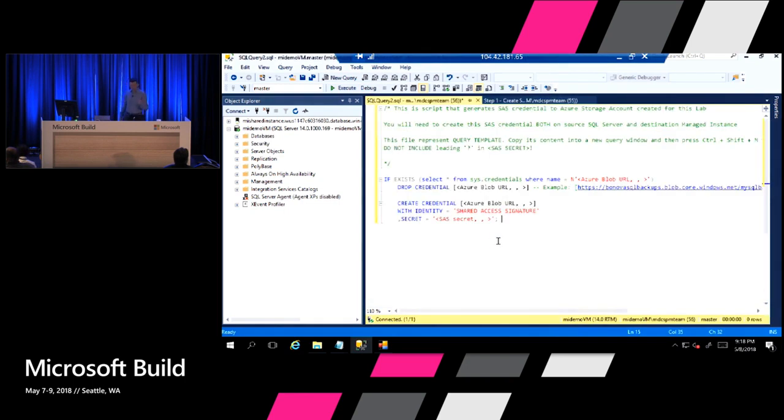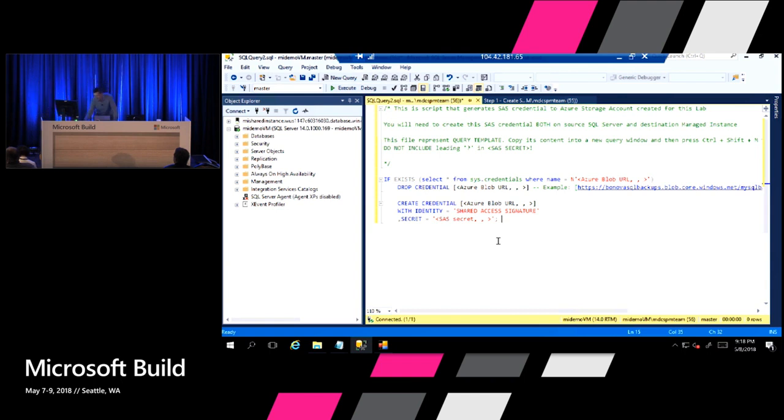I'm creating a credential that both my SQL on the VM and my managed instance will use to safely connect to the storage, because storage is the connection point. The VM deploys backups there, and the managed instance pulls backups from the Azure storage.